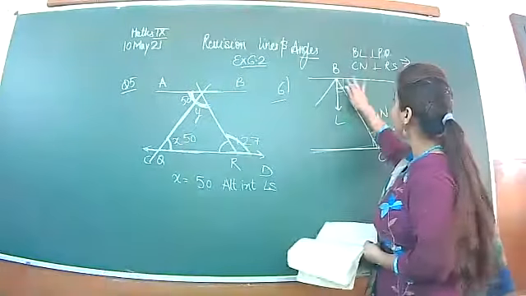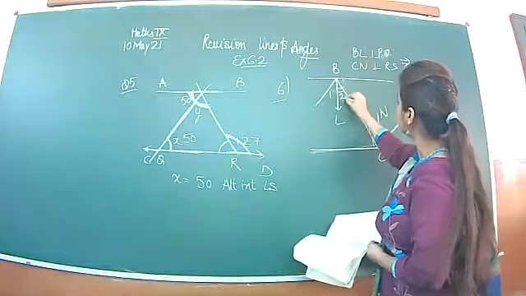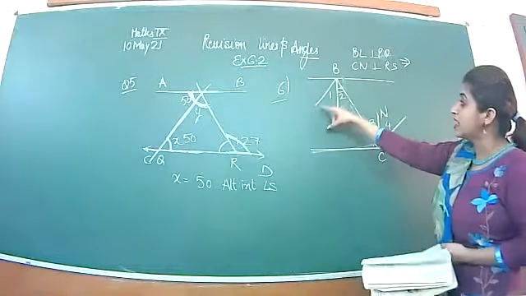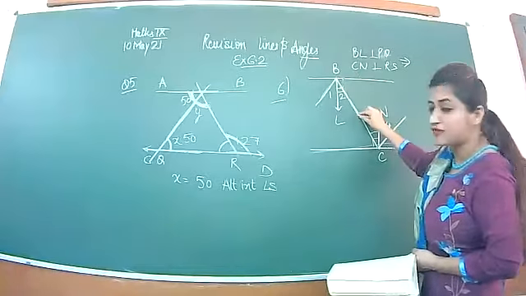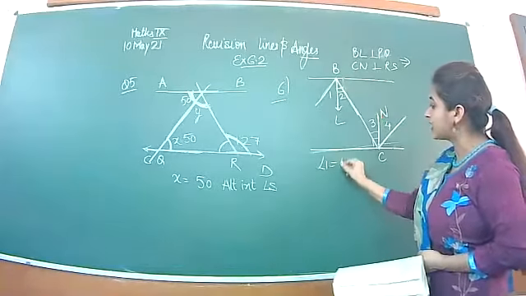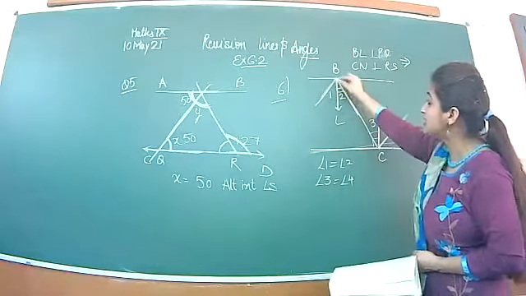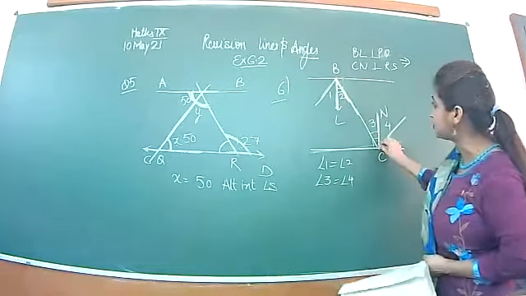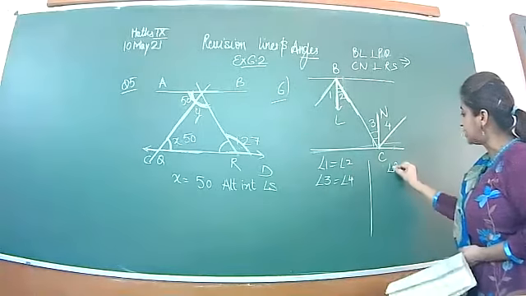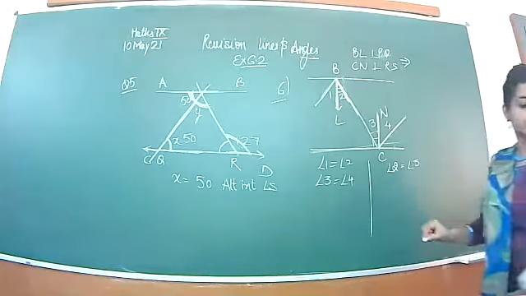And one more thing, you will take this angle as 1, this is 2, this is 3, this is 4. Angle of incidence and angle of reflection are the same, so angle 1 and angle 2 are equal, angle 3 and angle 4 are equal. And the lines are parallel, this line is parallel to this line. So can we say that angle 2 is equal to angle 3?